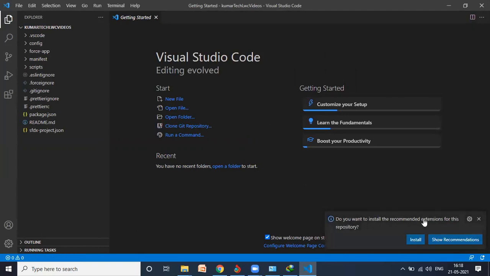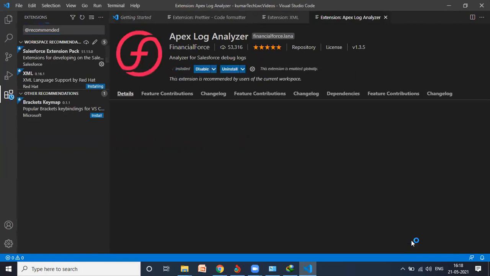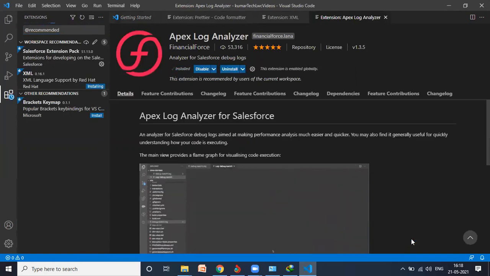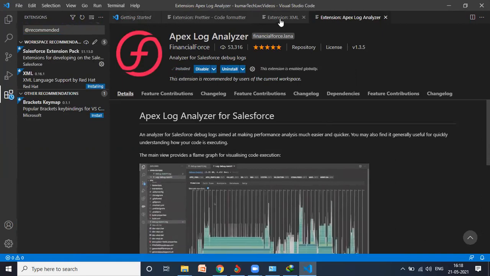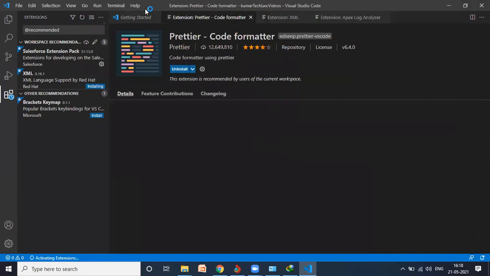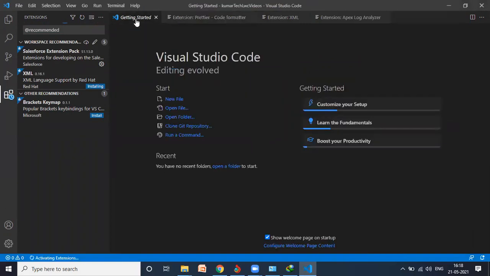Okay, do you want to install repository? Yeah, install it. Meanwhile here, XML, okay. Fine. So guys, now what I did basically, from my end, I set the workspace.